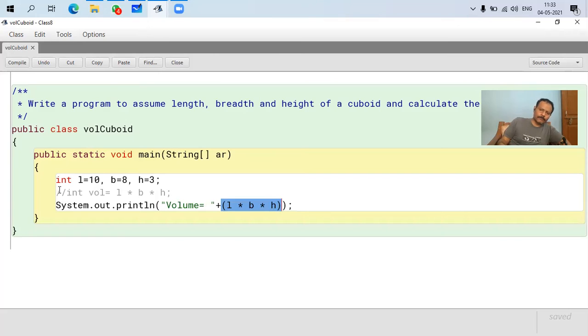Now, when should we use a variable and when should we not use a variable? We should use a variable when there is a need to keep the data safe for further execution. If we need the data for further processing, we must use a variable. And if we don't need the data for further processing, we can directly print the result. This way we can design our program so that we minimize the